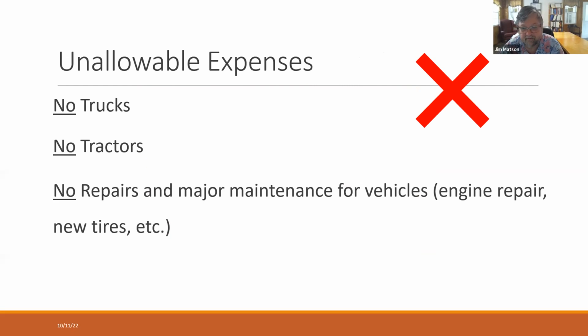So, these shouldn't be in your budget, but just in case, and they're things that always come up. So we wanted to hit them pretty quickly and go on. It's not the agency that's doing this. These are federal grant rules that stop it. You can't pay for trucks. You can't get tractors. And under this grant, you can't do any repairs or major maintenance for